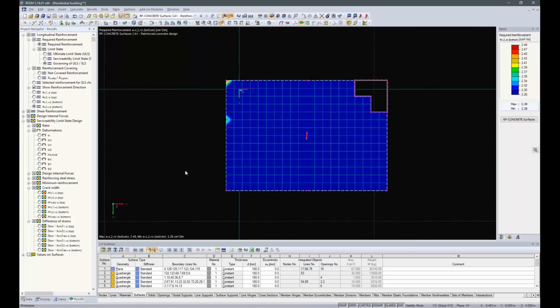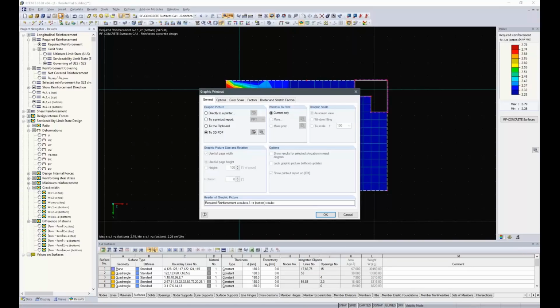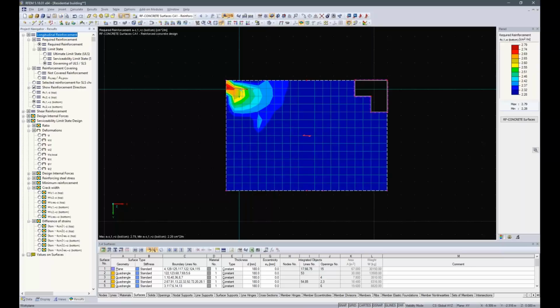Okay. For example, it's possible to print this graphic into the printout report using this button up here, print graphic. Then you can select where to print it, either directly to a printer, to a 3D PDF, to a printout report, or to the clipboard to use it in another program. And you can select how you want to print it, with this color scale, with factors, and so on. So just go ahead and experiment with that to get the right thing for you. Oh, no, I didn't want to make a printout report now,